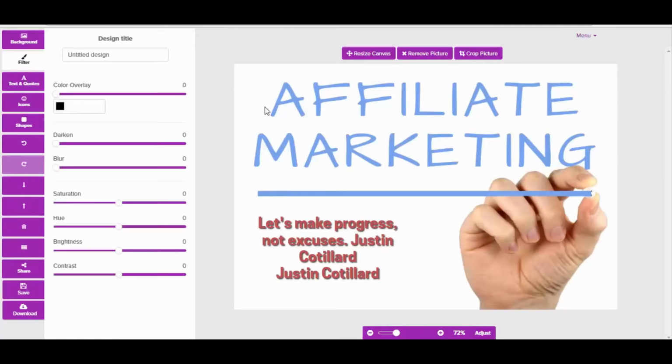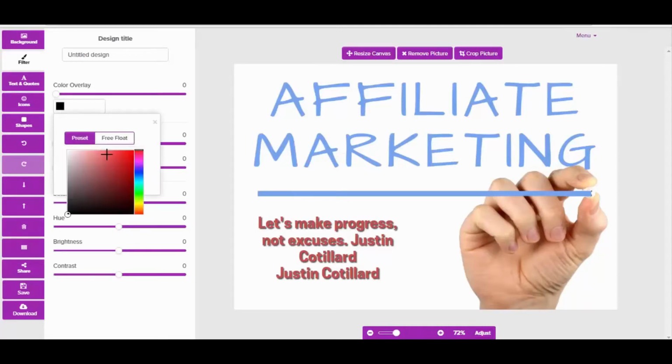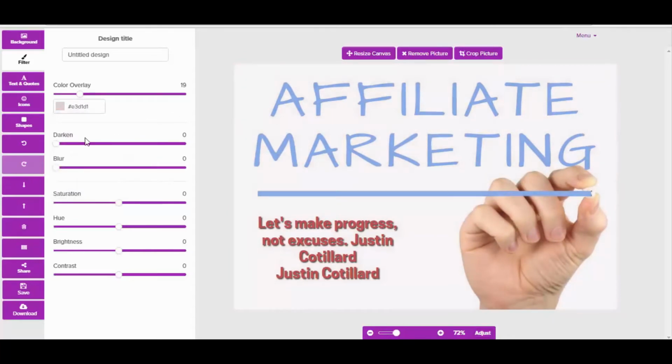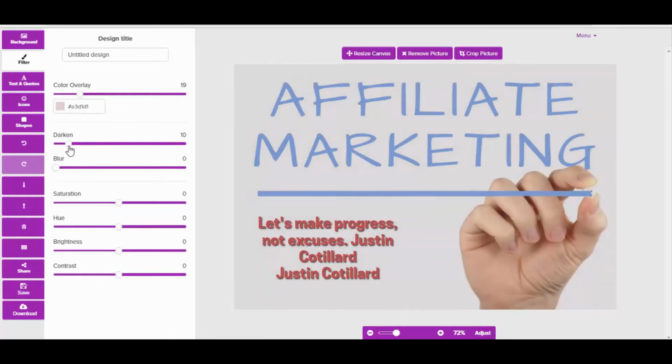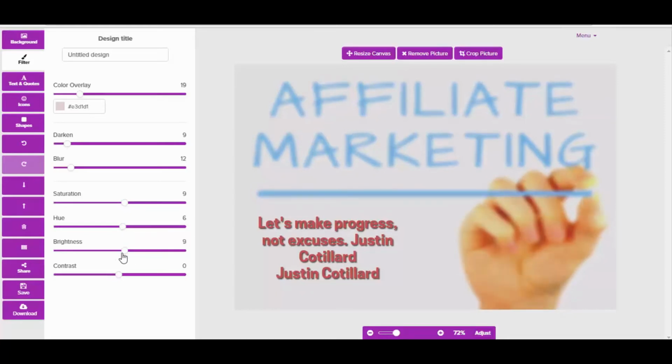But you can also add a filter to the entire image. So for example, you can add a color overlay like this. For example, let's find us something a little bit prettier like that, more subtle, and then you can darken the image as well, and you can blur it as well. You can saturate it and play around with the hues and the brightness and the contrast. So you can do all of that within the image, and then once you